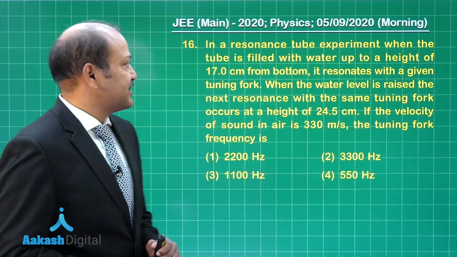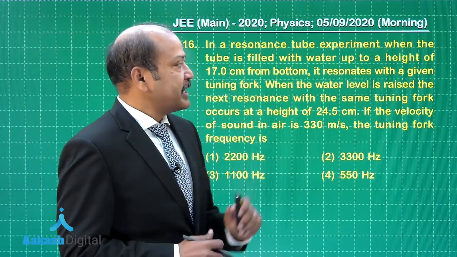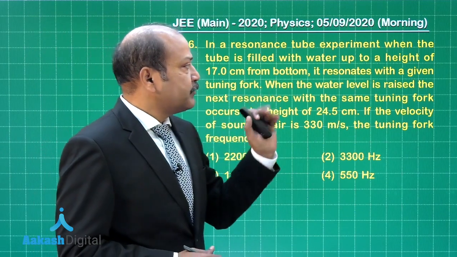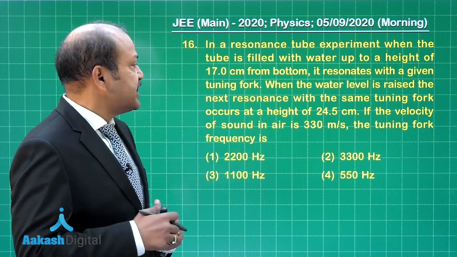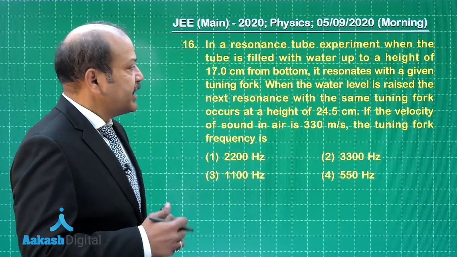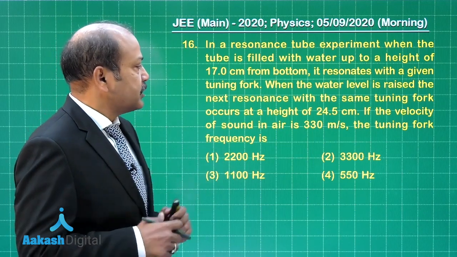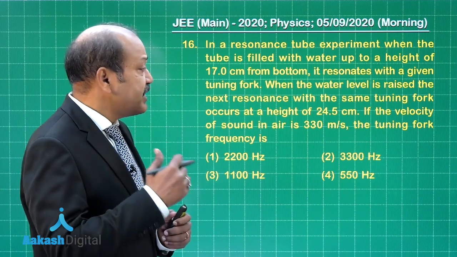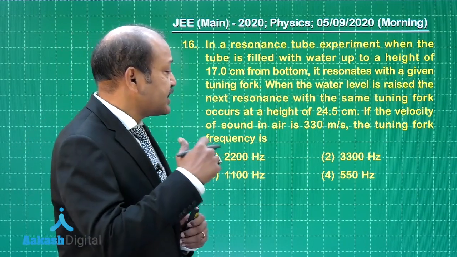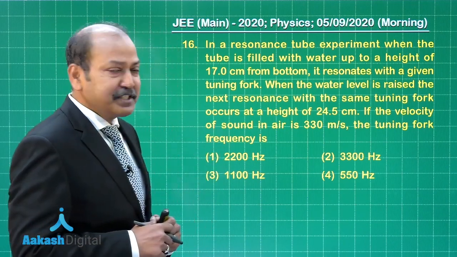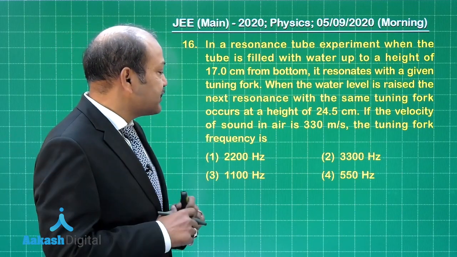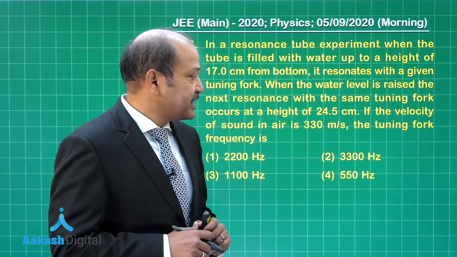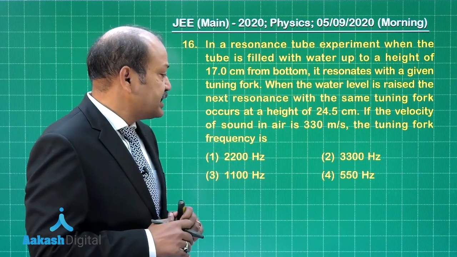Question 16 says, in a resonance tube experiment, when the tube is filled with water up to a height of 17 centimeter from bottom, it resonates with a given tuning fork. When the water level is raised, the next resonance with the same tuning fork occurs at a height of 24.5 centimeter. If the velocity of sound in air is 330 meter per second, the tuning fork frequency is, and the